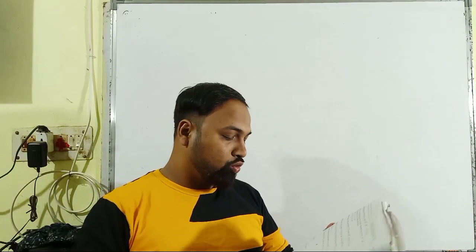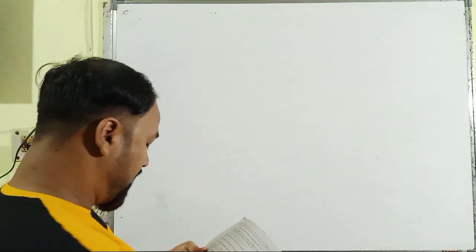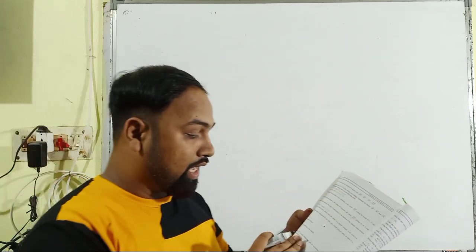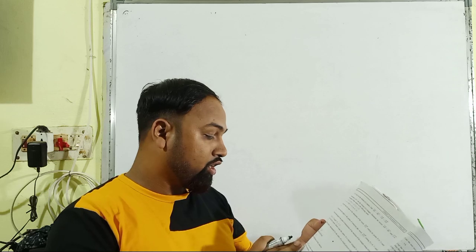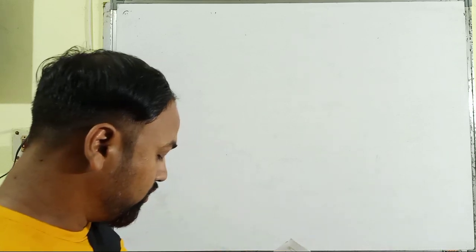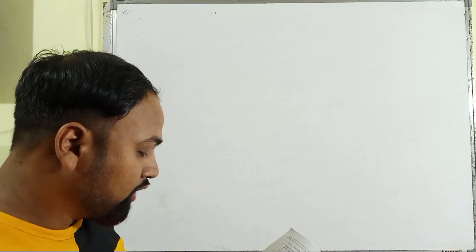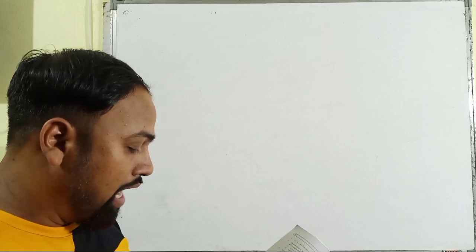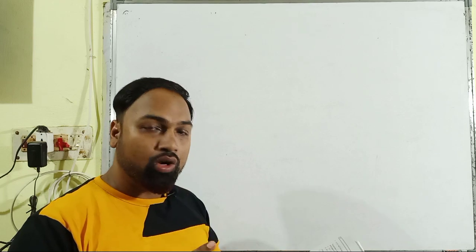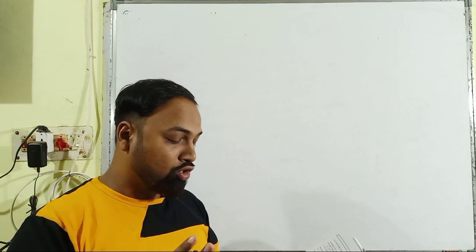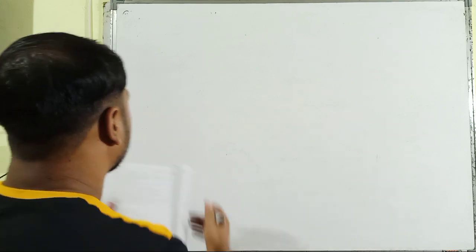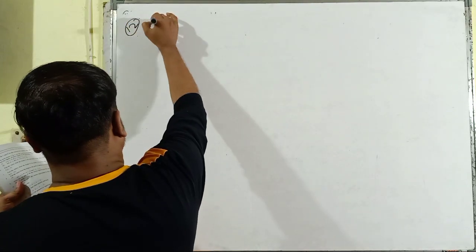So let us go through question number 12. It has been asked to find out the magnitude of vector PQ, its scalar components and the component vectors along the coordinate axes if P and Q are the coordinates given here. So we have the coordinates of two points P and Q, and by using the coordinates, first of all we have to find the PQ vector, then its scalar components, then its vector components and also its magnitude. Okay, it is question number 12.